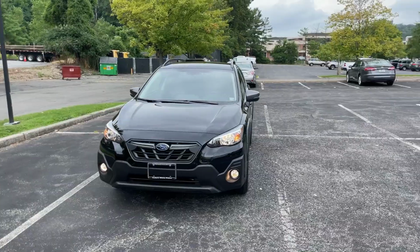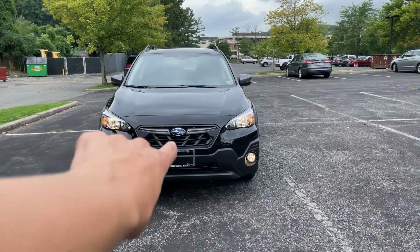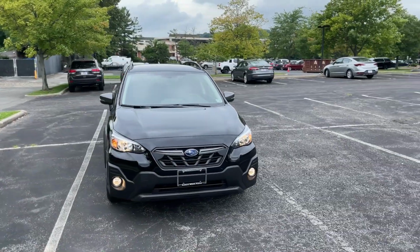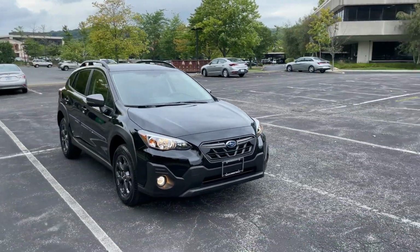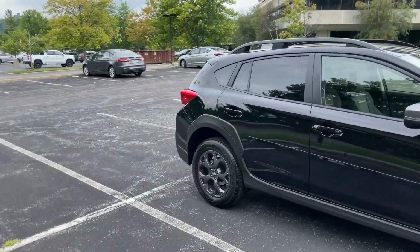Coming around the front, like I said before, pretty much a nice design going on. I do like this new little grille design. It has a little bit more of an actual design going on to the vehicle instead of being so plain. And then coming around to the rear real quick,